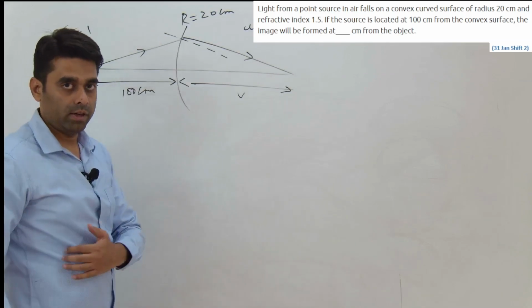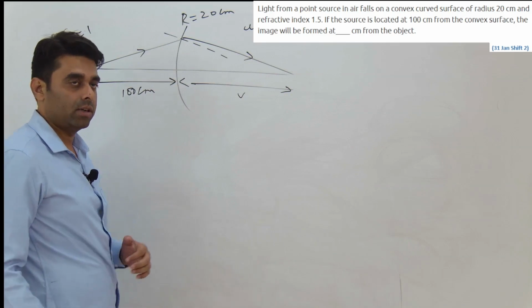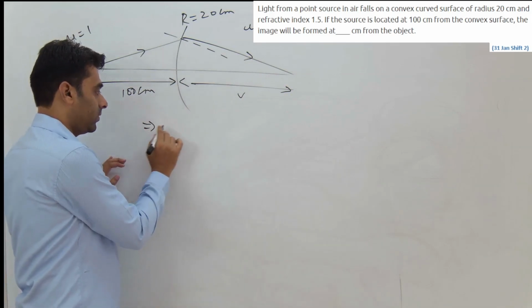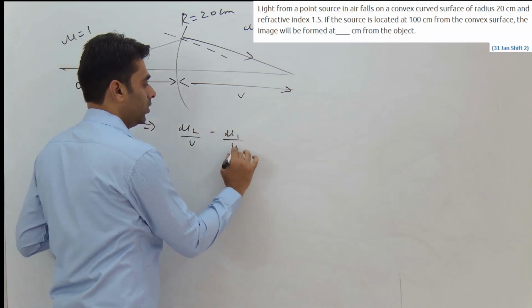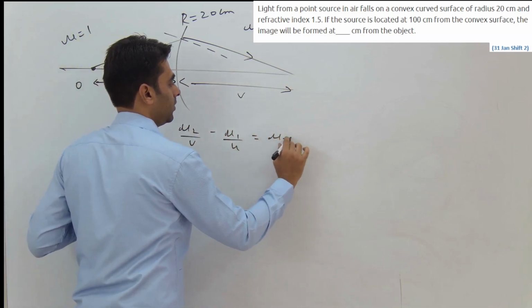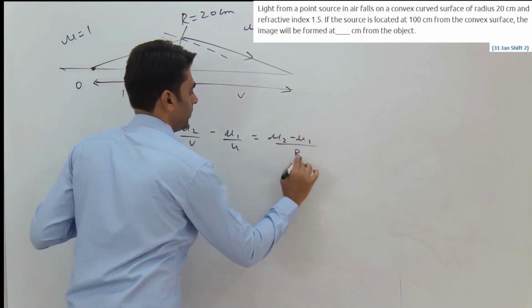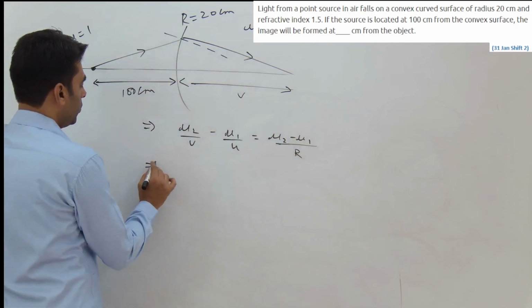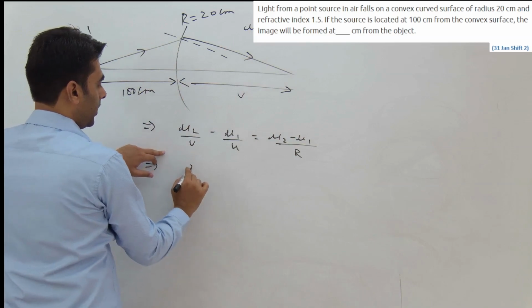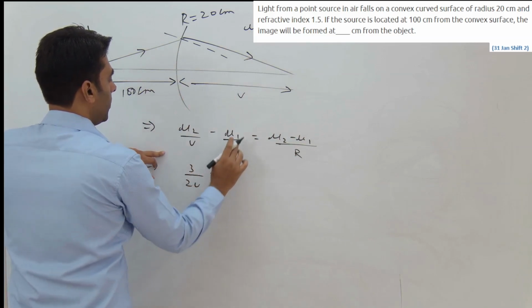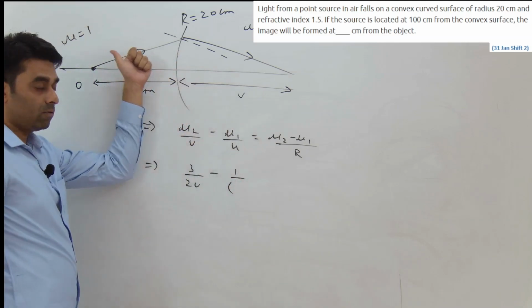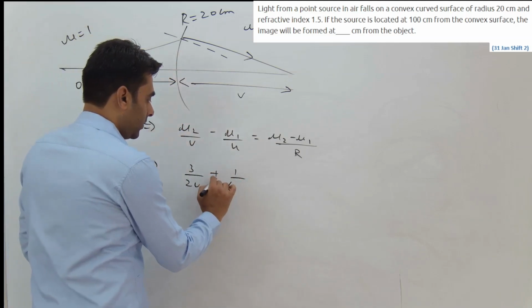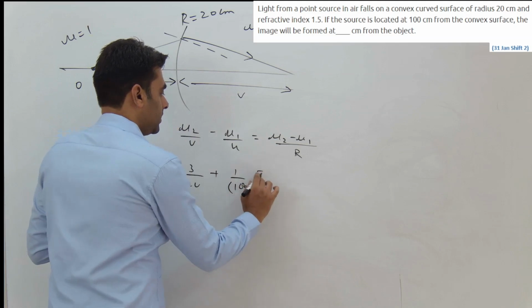Let us use our relation. What is our relation? Refraction at curved surface. The relation is mu2 by v minus mu1 by u equals (mu2 minus mu1) by R. So mu2 over here is 1.5. So we can write 3 by 2v minus mu1, 1 by object distance. Object distance will be considered negative. So minus minus plus 100 is equal to